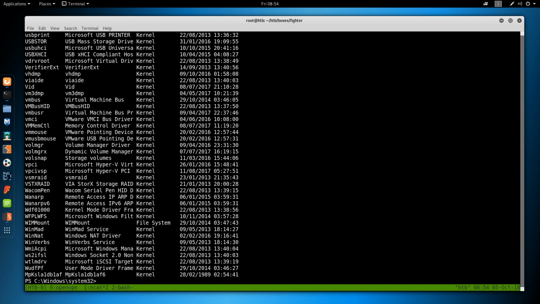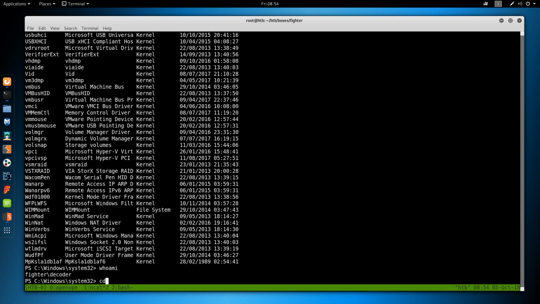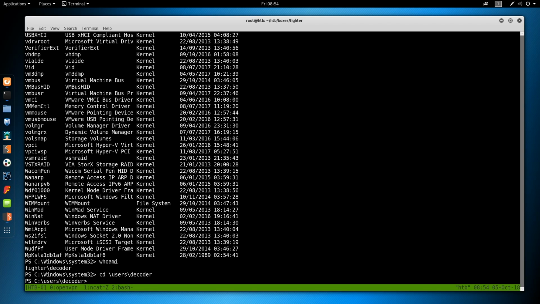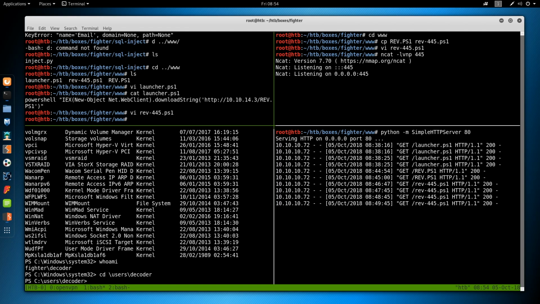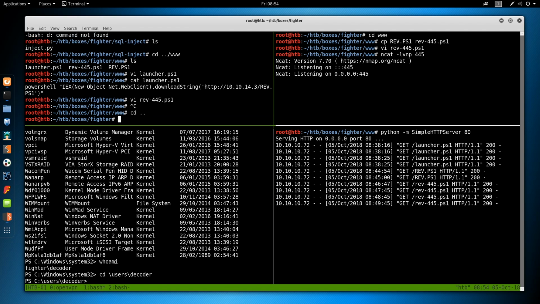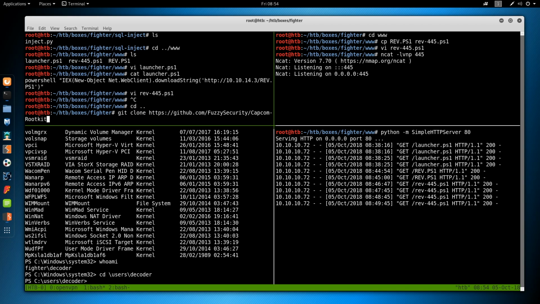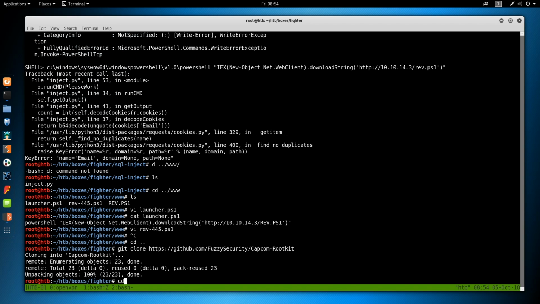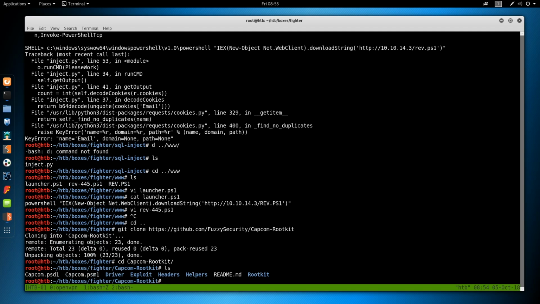Let's go to a directory where we can write. Who are we? We're Decoder, okay? Users, Decoder. And what do I want to do? I want to get a file on the box. So go up a directory, git clone, paste this, go into this, and we notice there are a lot of files here. We do find, grep